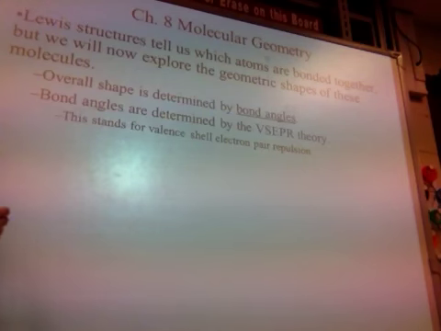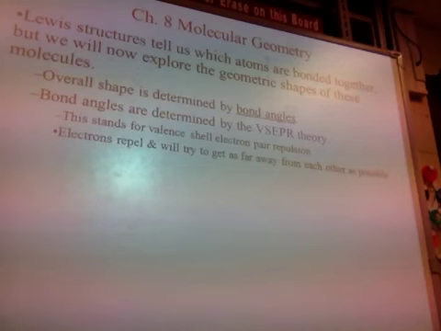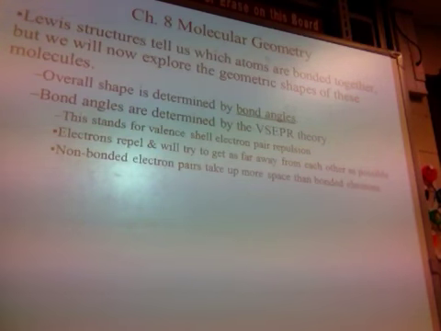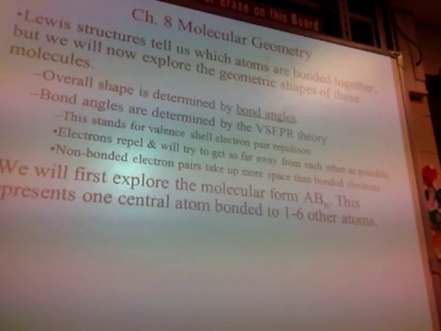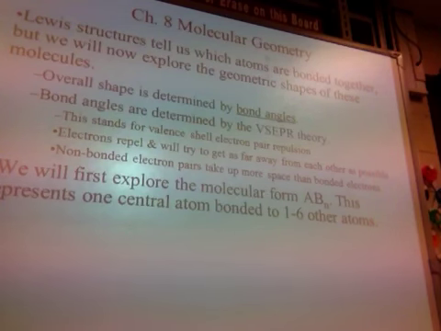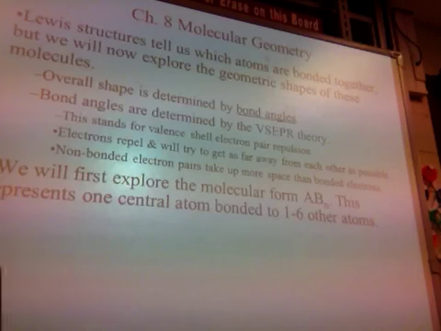That's it. That's all this means. Okay, so electrons repel. They try to get as far away from each other as possible. Okay, we're going to first just explore electron domains. Now, we know that there can be up to, or we've seen or observed, up to 6